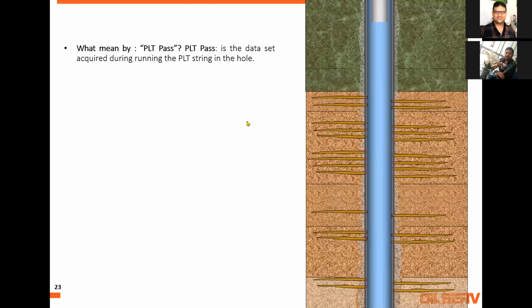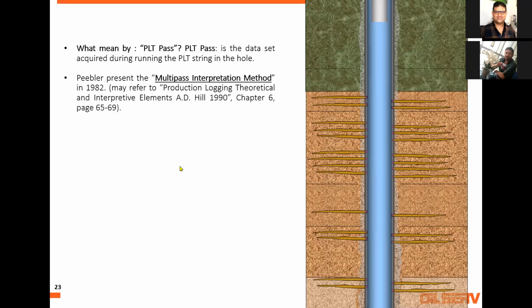Ah, okay, good. So we run the PLT in a direction. Pipler, who was employed by Schlumberger, created something called the multipass interpretation method in 1982. I asked some engineers who have done hundreds of PLT interpretations, why do we do multipass?